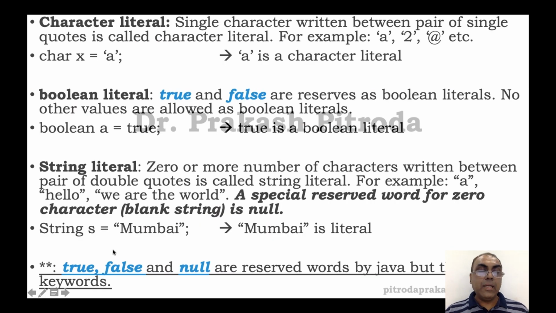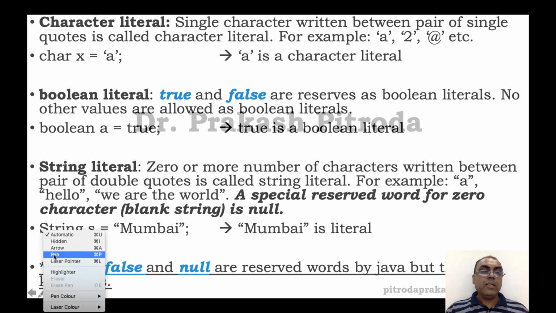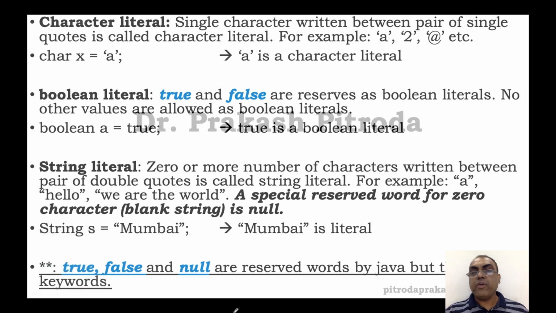Then you have a character literal. A character literal is nothing but one single character. If I want to store a single character, someday you will realize the most useful thing on your mobile is a single character. You press a single button to perform a task, to go back, to load something, to do something. Every time you press a button, it's a single character entry. So when you want a single character to be stored in a computer, your data type is char, but your literal has to have a single character.